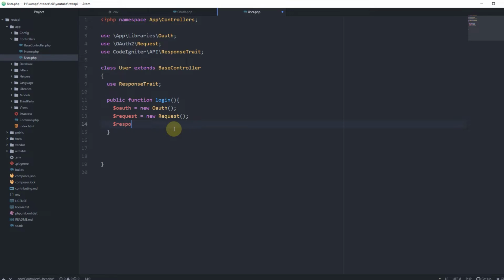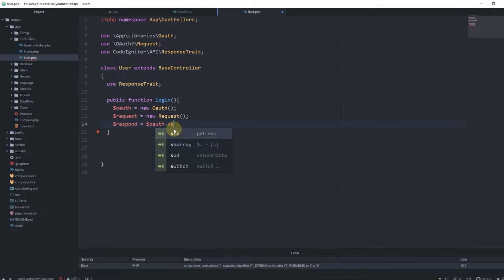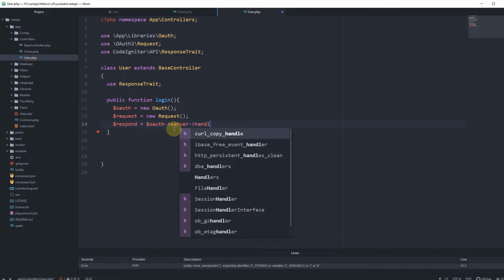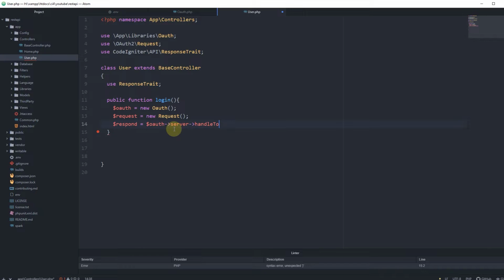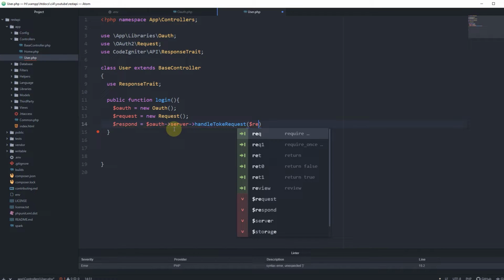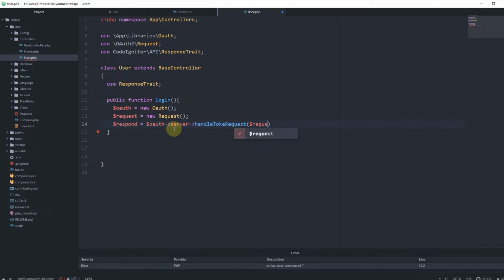Now let's create a response. So the response will be our OAuth object server handle token request, and we pass here the request variable that we have created,